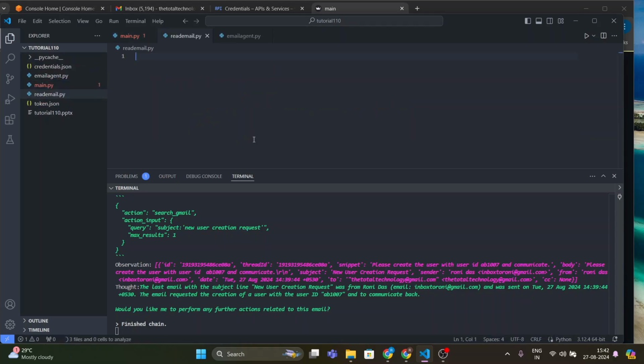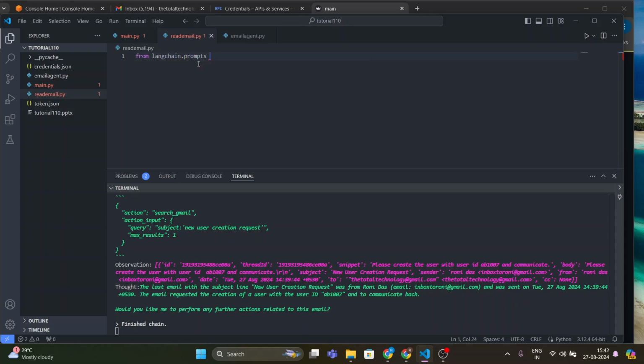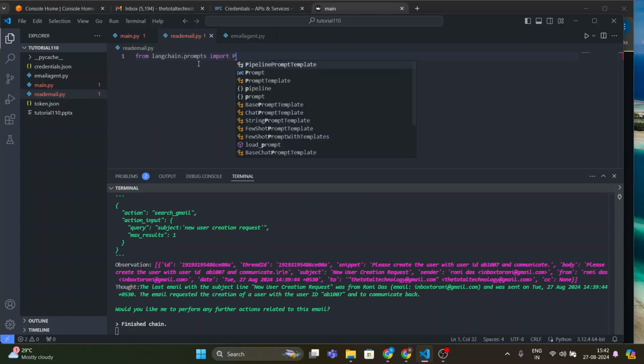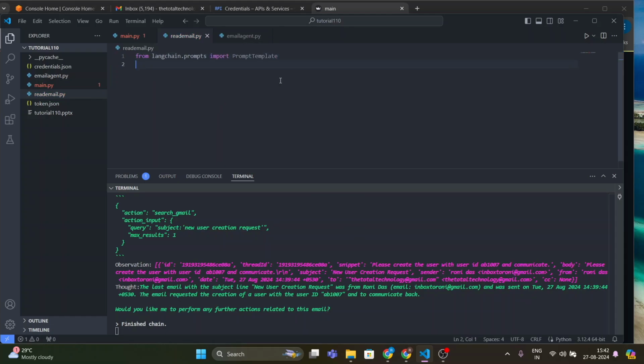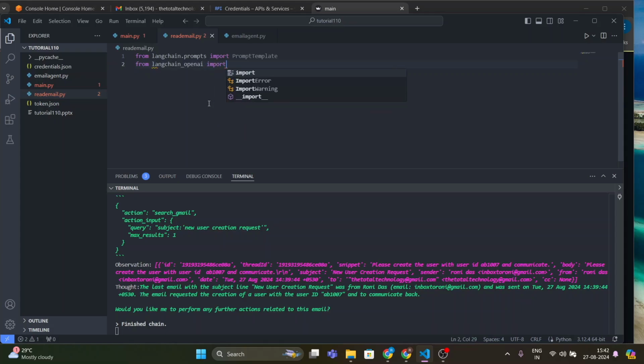Okay, so now I have to read that email, and after that I have to parse. So for that, from langchain import prompt template, from langchain.openai import chat OpenAI,